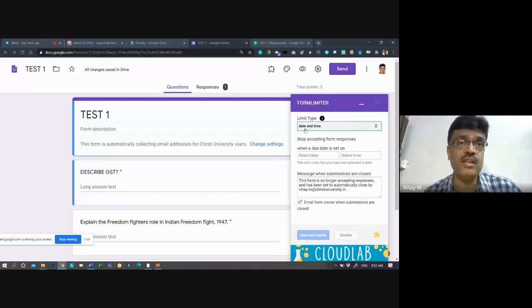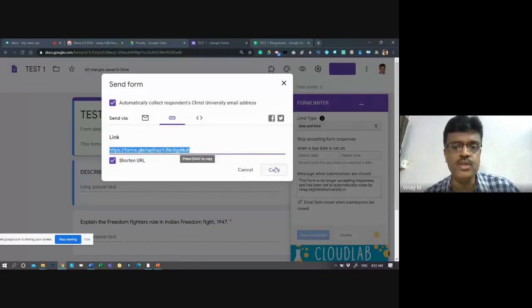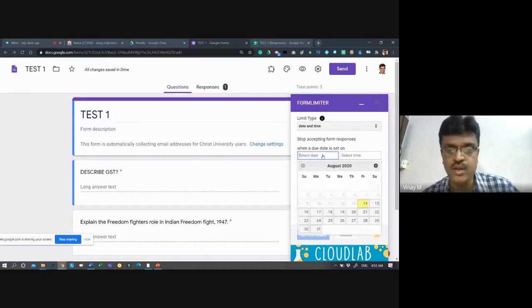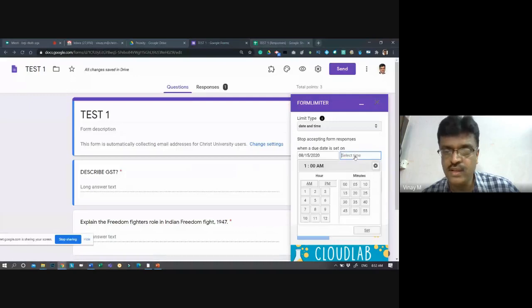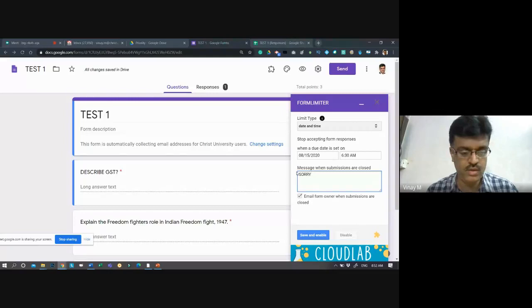and when to start this and when to close this based on them. By default, when the link is given, it is a starting time. When you share this, clicking on send, clicking on this link, copying this is your starting time, and you give it to your student is the starting time. That is done, ready. And once it starts, when you are supposed to close this, you don't need to manually go and close. Here you can see when is a due date set on. Click on option. Say, for example, tomorrow 6:30 a.m. early morning, they have to finish. So I've said this, and then you can customize message. You can say, sorry, time up.